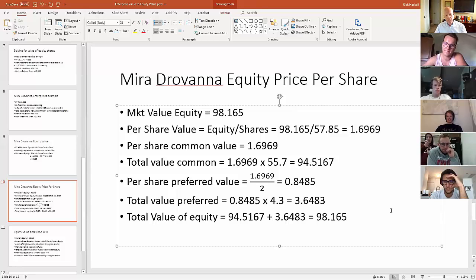We now have taken the enterprise value and substituted for it the company's estimated value or valuation. We've then run that through this equational form, knowing the market value of the debt, knowing the value of the cash, and we've brought this down to a price per share of both common stock and preferred stock. That's useful to us. How would Demoteran think about this? Remember, and we'll go back and look at the spreadsheet for just a second. Remember that we've got $1.70 of common in value, but we've got